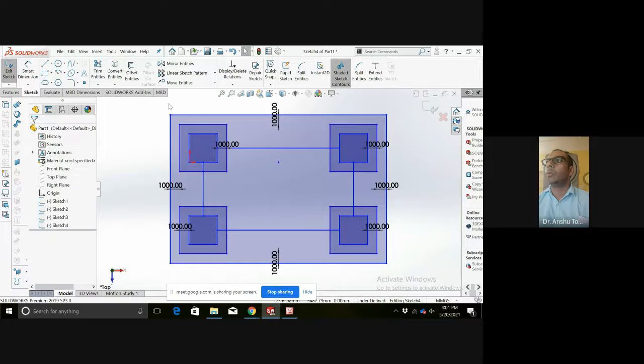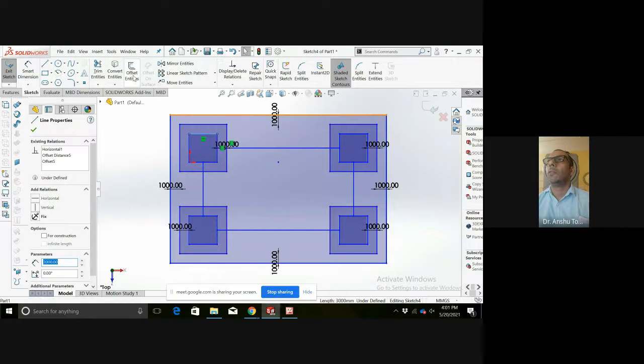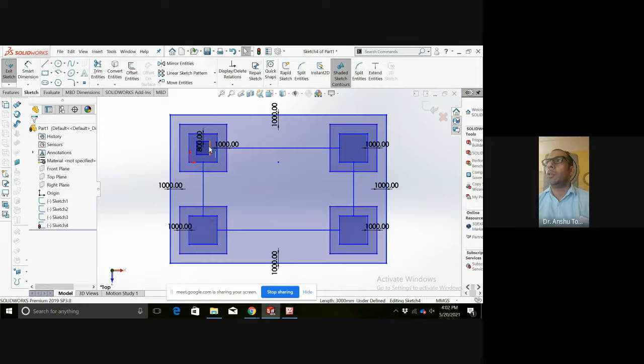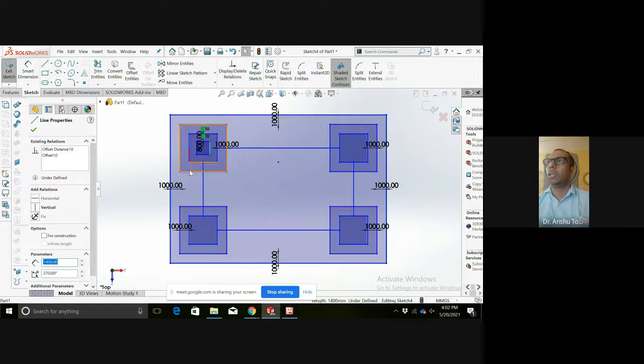So let us do the offset of 800. Select chain, reverse. So I have been able to execute a column with 1400 side.